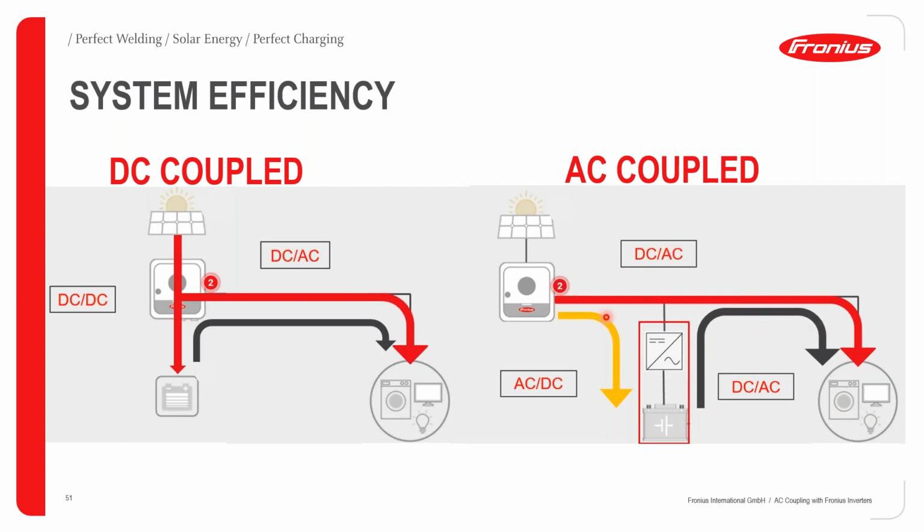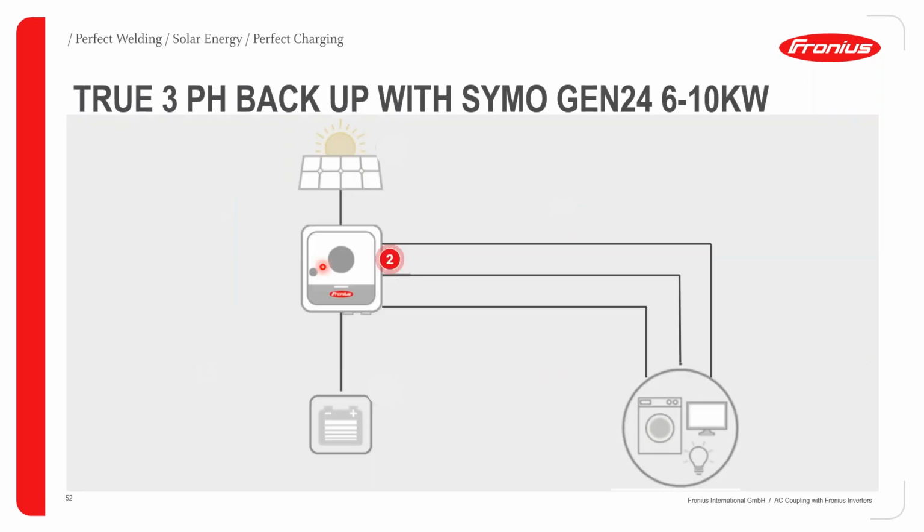So we have 3 conversion processes, and mind you, the higher the conversion, the lesser the efficiency. So there you have it, the basic difference between the DC and AC coupled system. This is, of course, one of the benefits of a DC coupled system. And then we can also make use of one of the very important